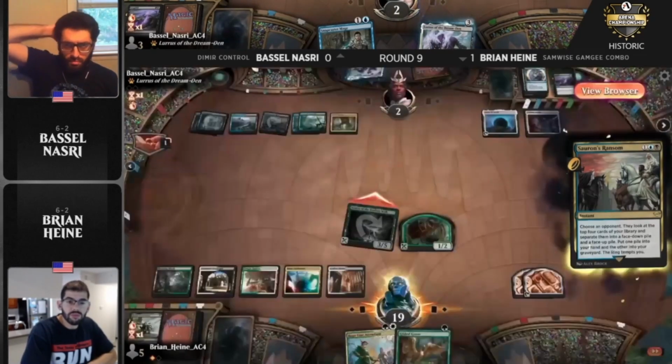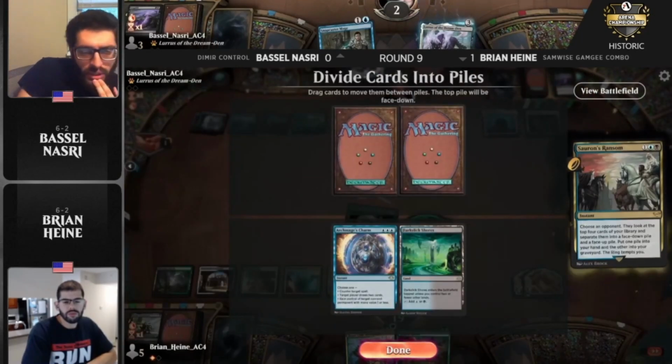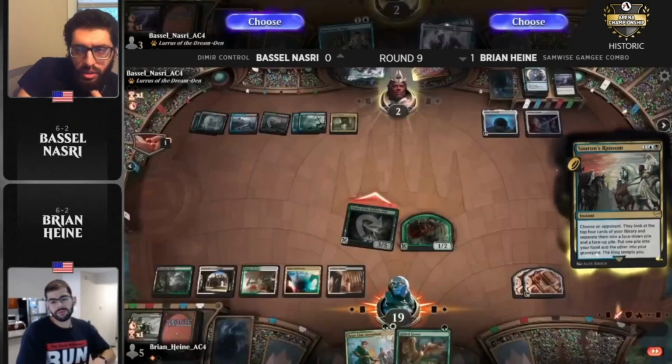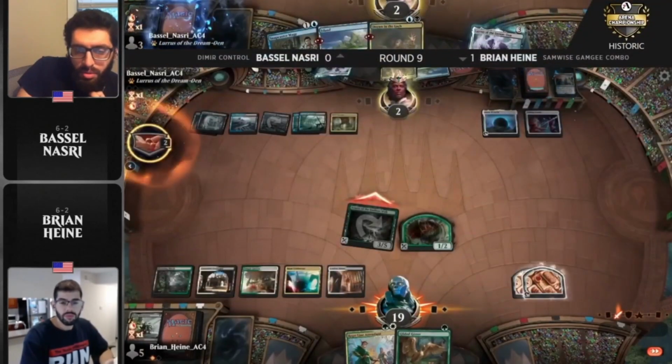In testing, I said to Brian that with Sauron's Ransom, it's usually not a good idea to get too cute with that. Just play it safe for the most part. So I do like the split here. The only difference I would make is I would definitely have put the Darkslick Shores in the alternate pile because